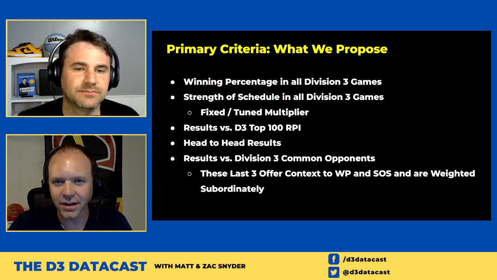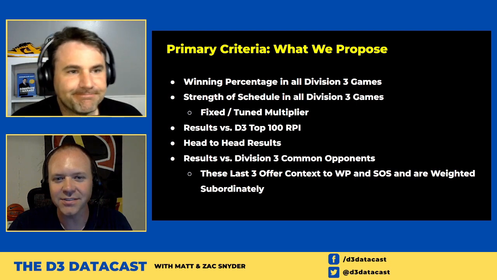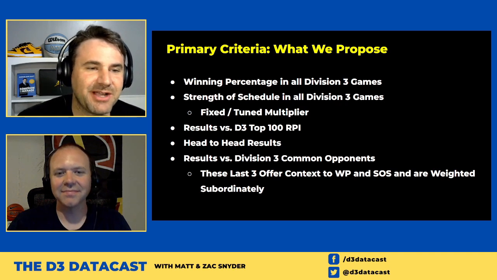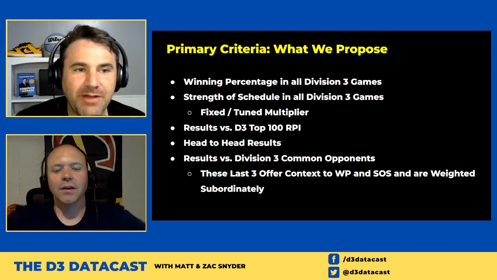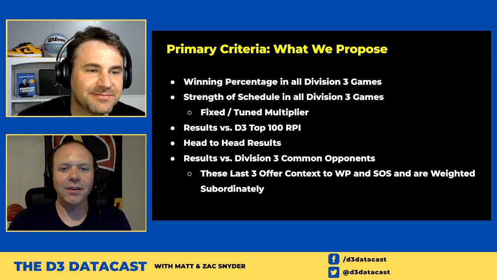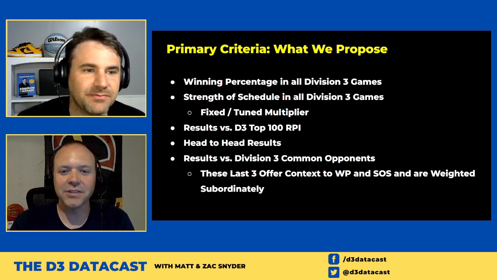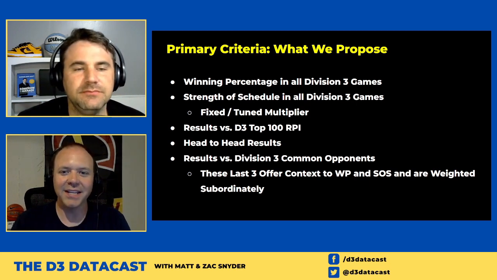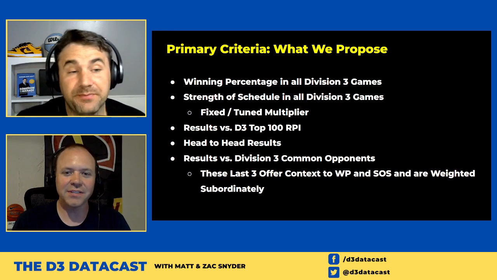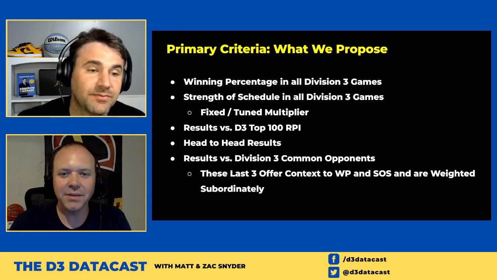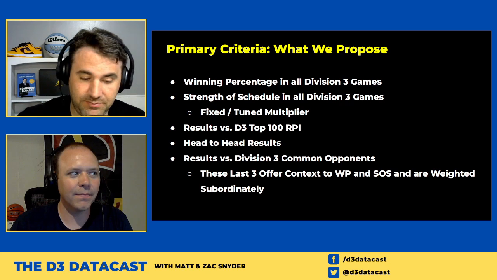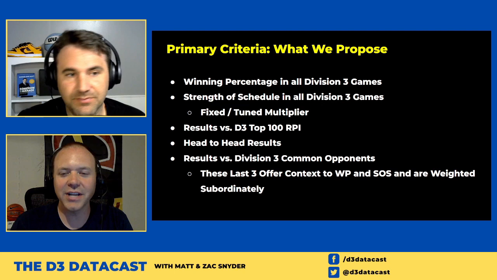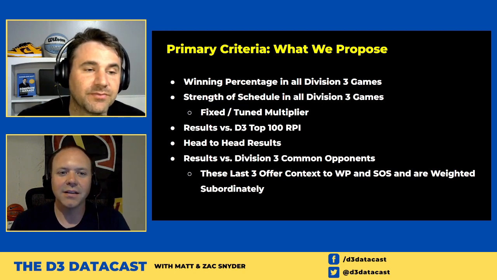I throw out the nerd alert, but here it is, early August, and we're talking primary criteria. Yeah, never too early to talk about primary criteria. November games will count, and even once we get to the season, it's not time to talk about it anymore. It's set in stone. The time to make any changes or have those discussions is during the offseason, when those things can be discussed and hopefully implemented. But once the season's underway, what you got is what you got, and we have to live with that.